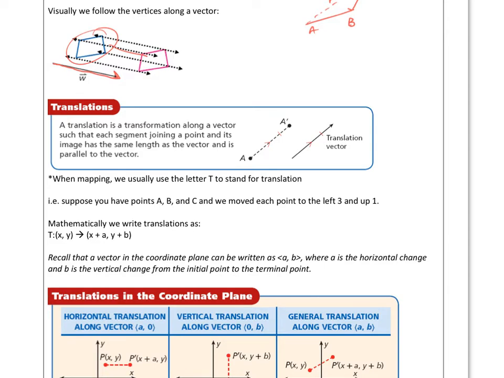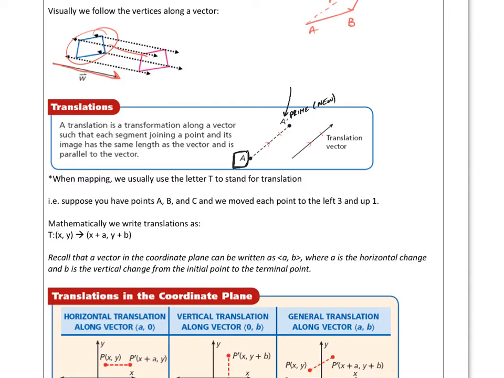So remember we said it has to be the same length and the same direction and all that? Well, that's how we can make a translation. We will move it along the similar vector. So typically we denote the initial point with just the letter, and the new point we will put this little symbol on it right here, which is called a prime,